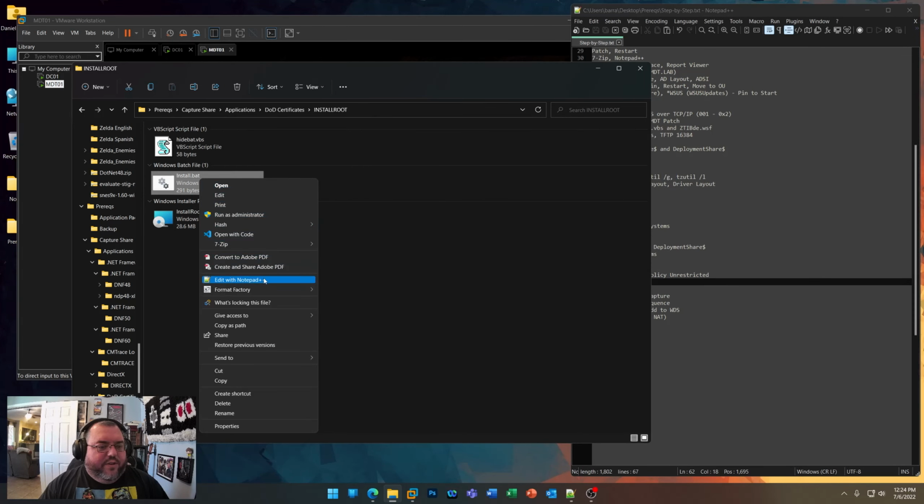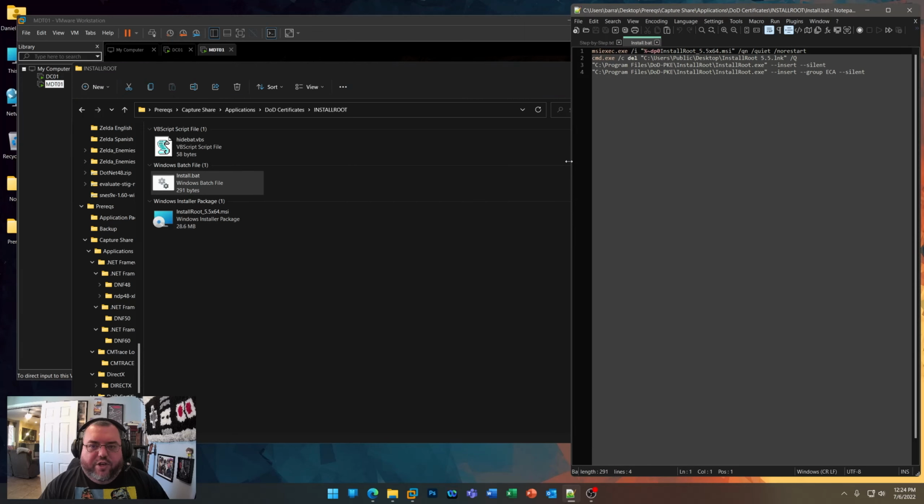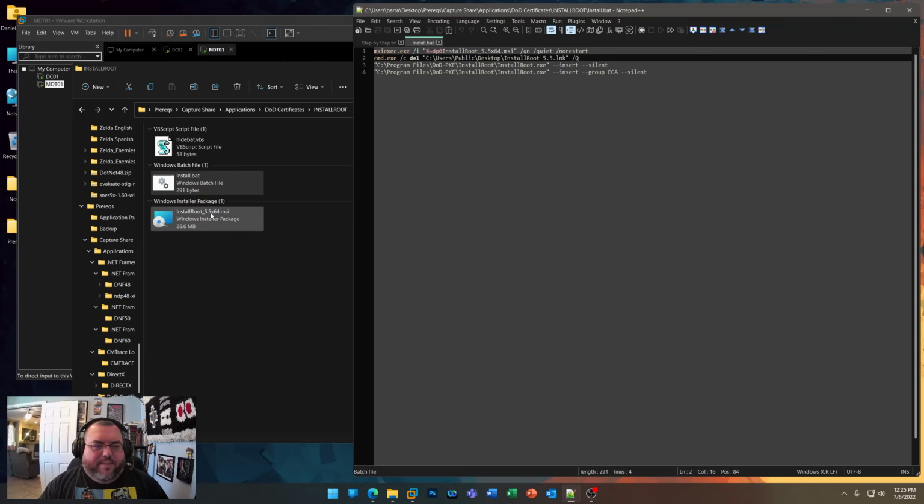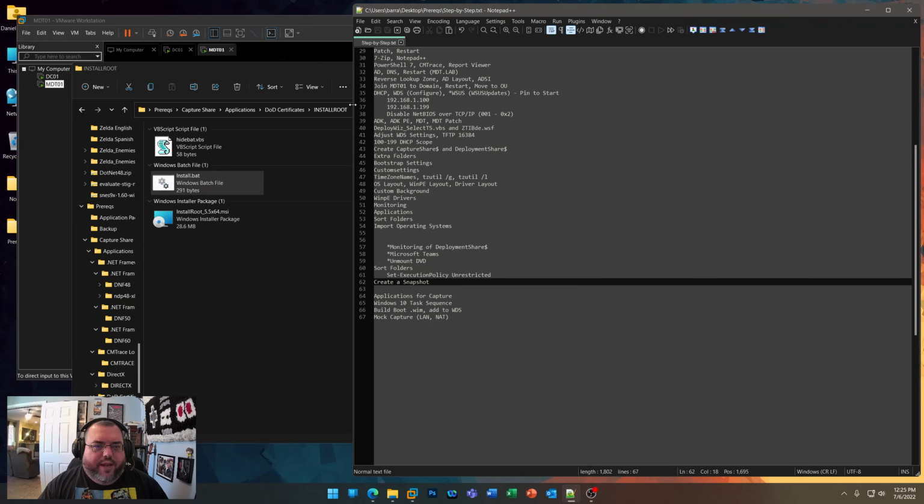This one's pretty easy to install as well, but I'll show you what we're going to do. So we're going to install it first from its current location, /qn /quiet /norestart with msiexec, because it's an MSI. We're going to remove the desktop shortcut because I don't want it on there. Then I'm going to install the DoD certificates from it with the command line tool built in, and then add the ECA certificates silently. Okay, and we're going to, of course, hide that with our hide bat when we get in there. All right,